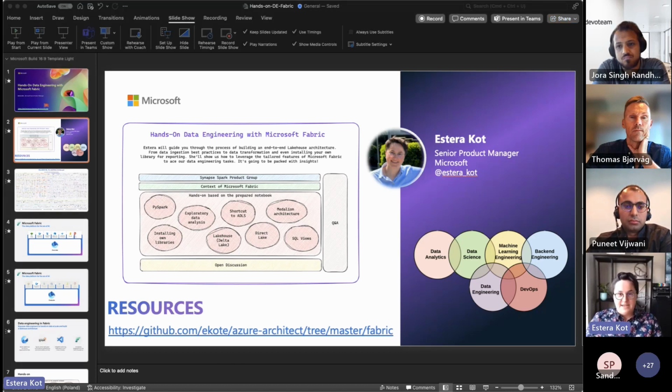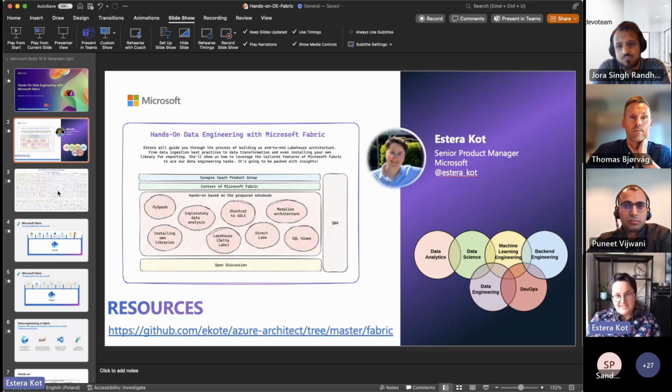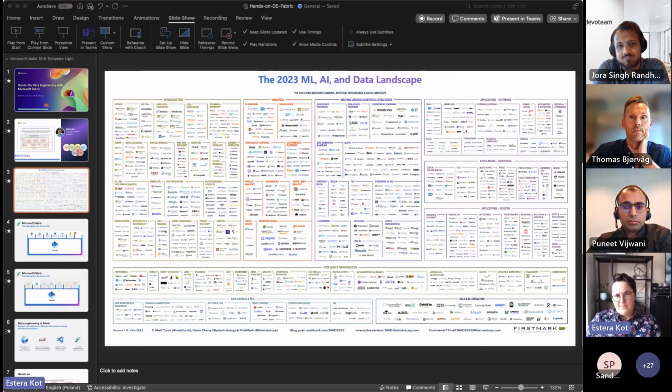Let's start with the very well-known, I believe, slide that is a little overwhelming. This visualization has been made by the company named First Mark Venture Capital. It shows something very interesting. Each symbol you can see on the screen represents a product or tool you can use for ML, AI, and data engineering. Tons of different tools, and the main challenge is how to plug them together. So many options, so many puzzles, some are working together, some not.